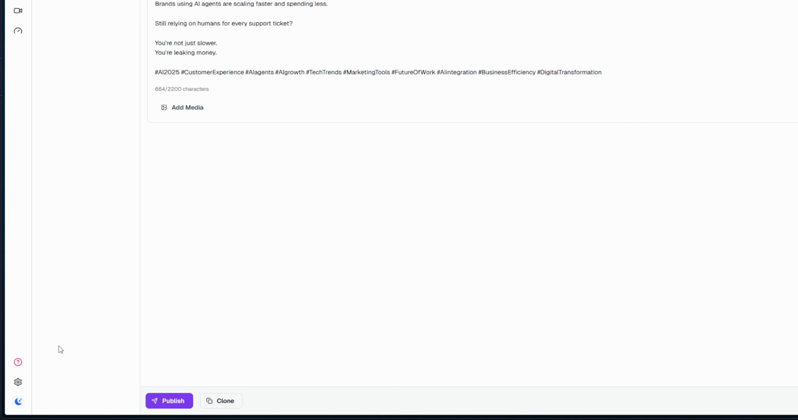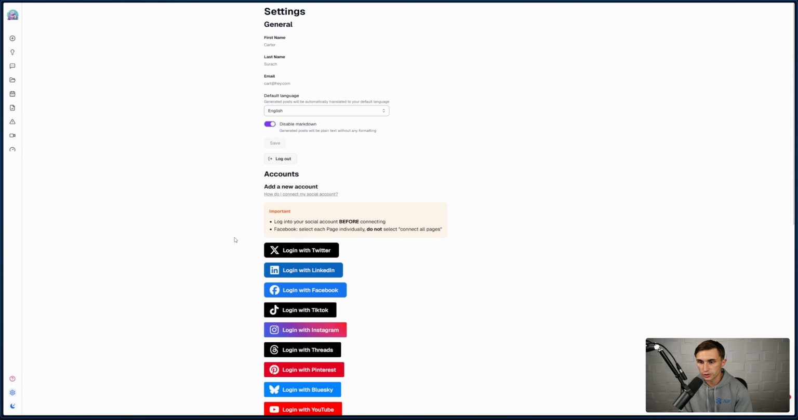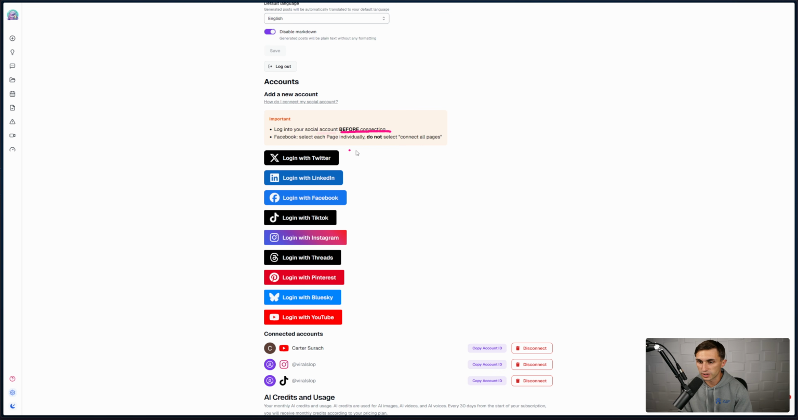Once you're logged in, you're going to click on the settings cog in the lower left-hand corner, and that's going to bring you to this screen where you can connect all of your accounts. Now, like it says here, log into your social account before connecting. So connecting is basically just when you click on one of these buttons here to connect your social media accounts